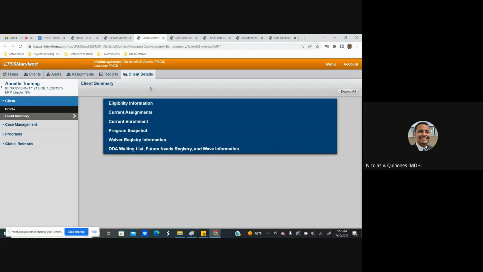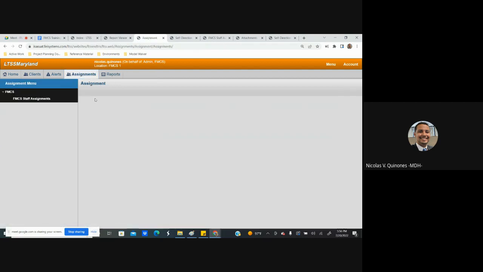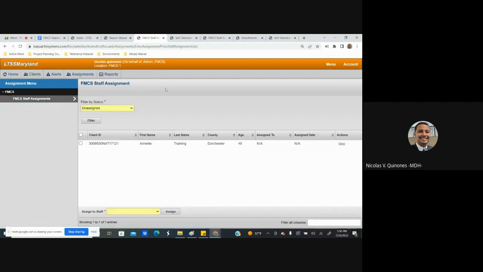Now, before we start exploring the different type of information you can view within a participant's record, we're going to discuss how you can actually assign a specific FMCS staff to a participant. This would be the role and responsibility of any user within your location that has the FMCS administrator user role. To complete a staff assignment, navigate to the Assignments tab in the top level navigation. In the left navigation, you'll want to select FMCS Staff Assignments. And from here,